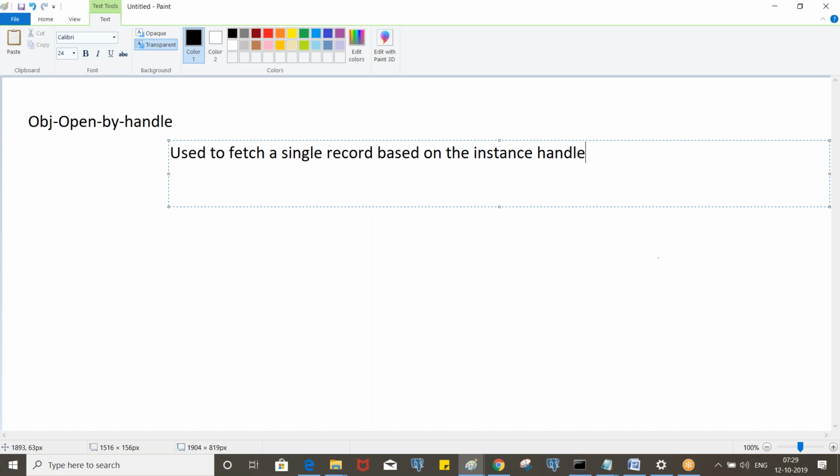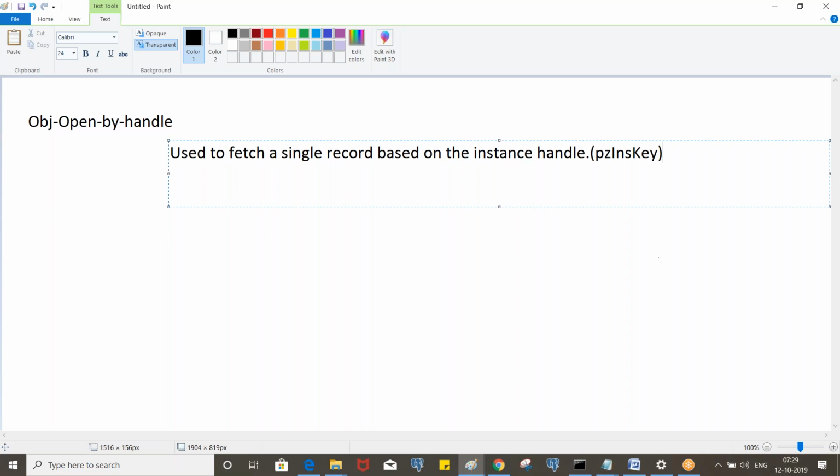That is common, like when you use obj open, it fetches the data from the database to the clipboard. Here the instance handle is nothing but the pzInsKey. This property will be available for all the internal classes.